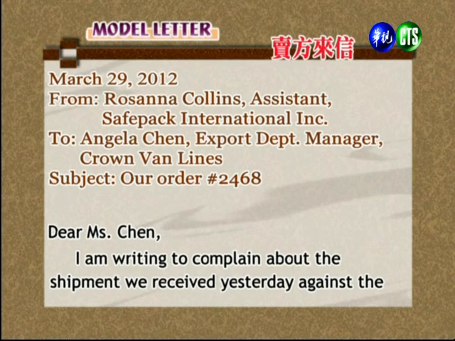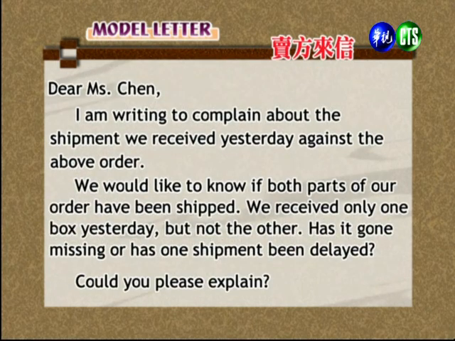我们看到这个 email 有日期，有 from，有 to，有 subject。很重要的，老师说过，email 里头的 subject 一定不能省略。这个 subject 是 our order 2468。关于他2468订单的事情。OK，我们来看内容。Dear Miss Chen, I'm writing to complain about the shipment we received yesterday against the above order. Miss Chen 陈小姐，我要写信来 complain 关于我们昨天收到的这批货。关于以上的这个订单哈，订单是2468。